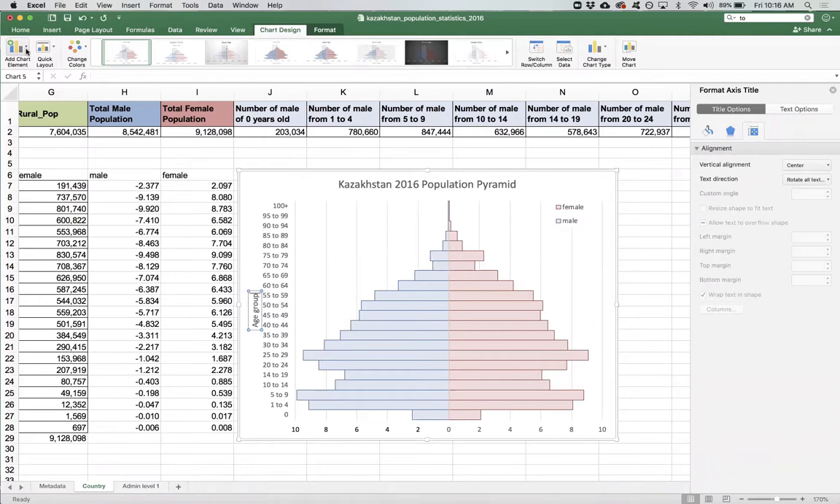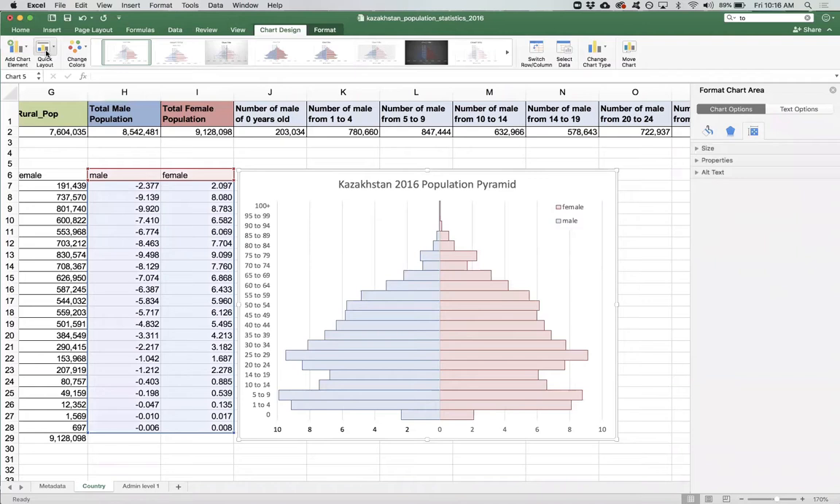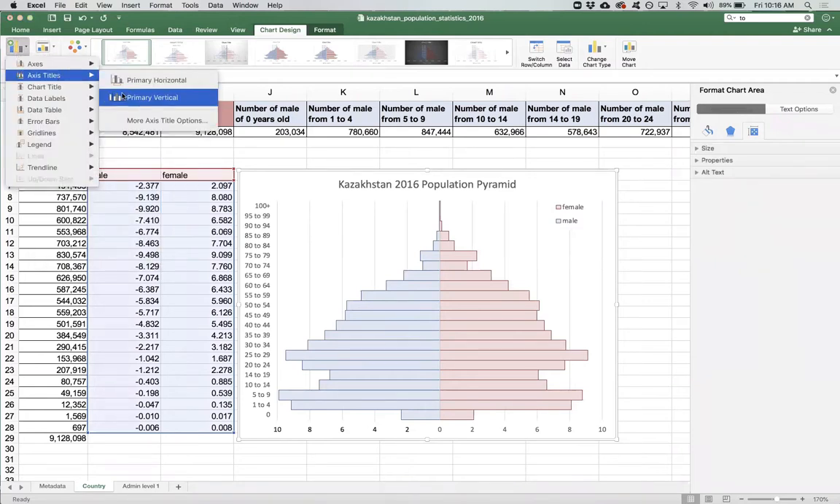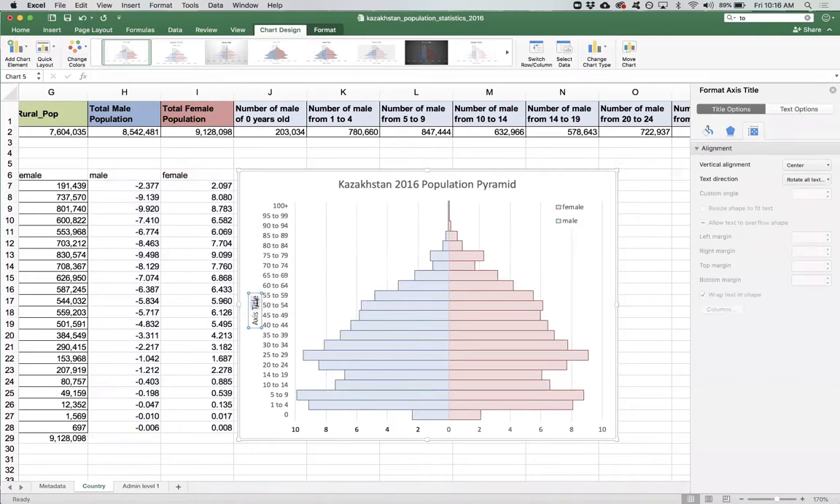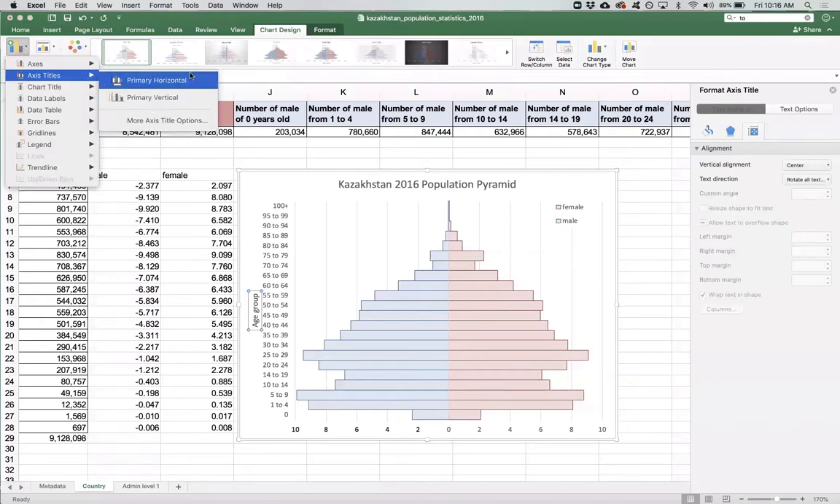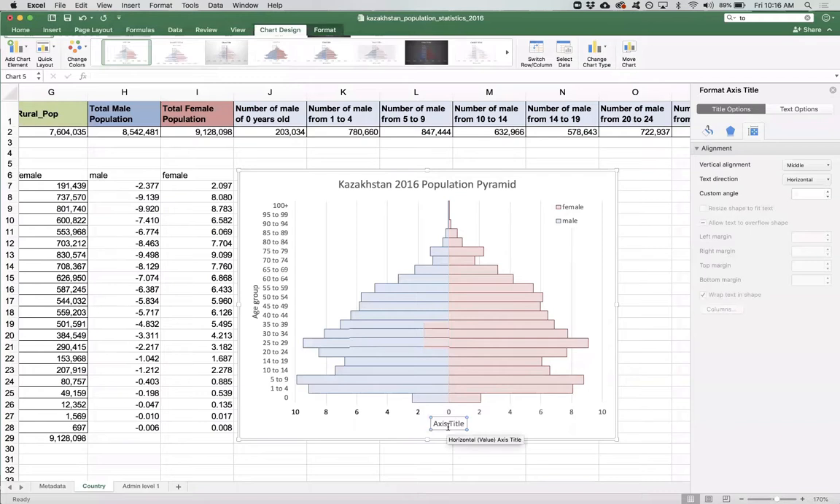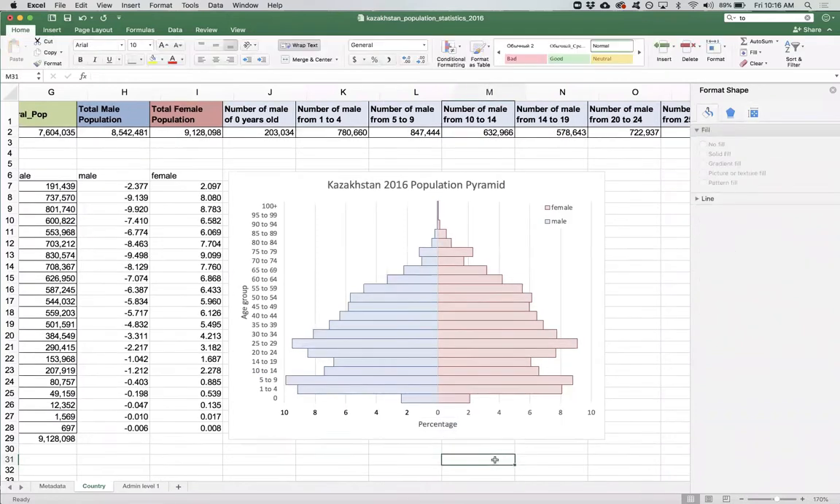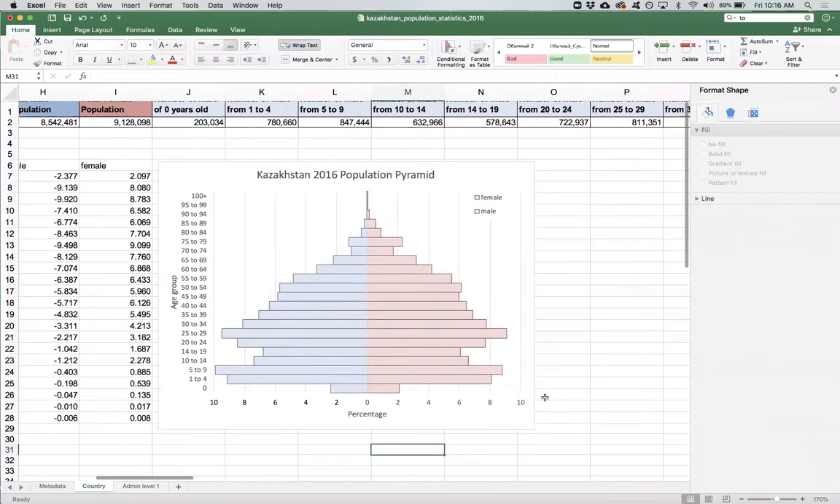And then for the, sorry, undid what I just did. Axis title, y-axis, age group. Add in the x-axis one. We can do percentage. And there we go. Have a basic